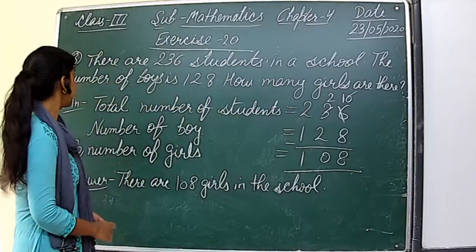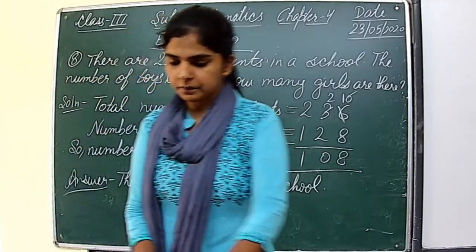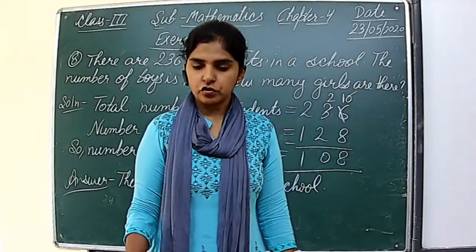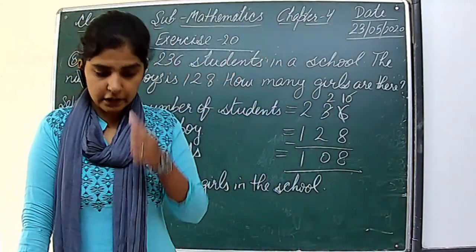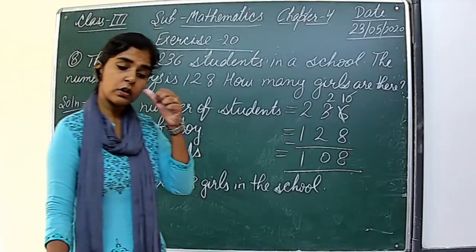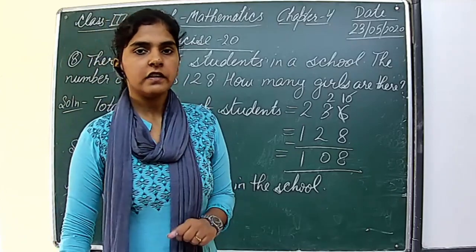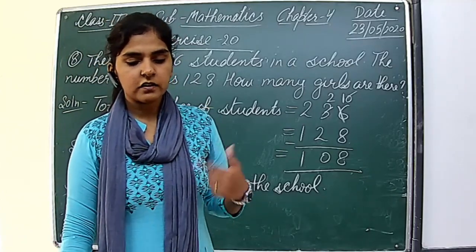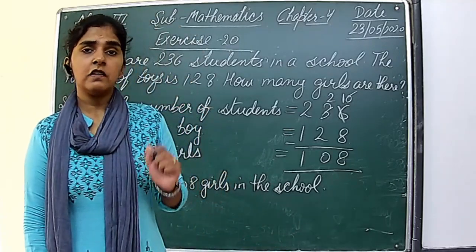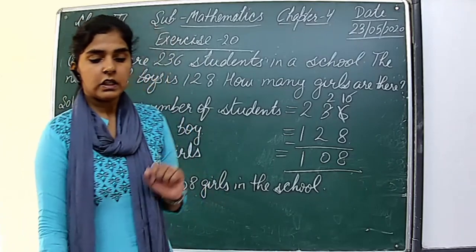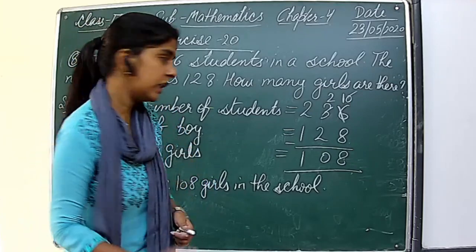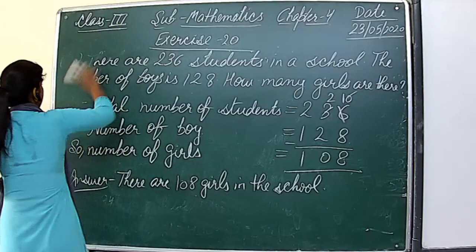Okay. So let's start question number 9. Tinu reads 829 pages of her storybook. The book contains 978 pages. How many pages are still to be read? So how many total pages are there in the book? 978. And how many pages did Tinu read? 829. So to find the number of pages not read by Tinu, we will subtract 829 from 978. So let's start.